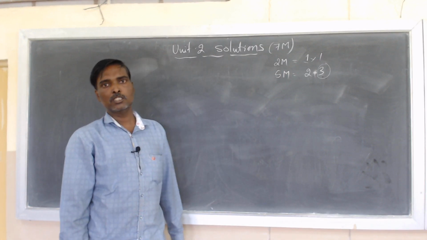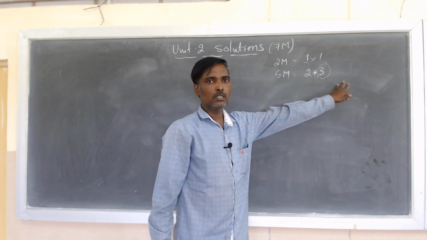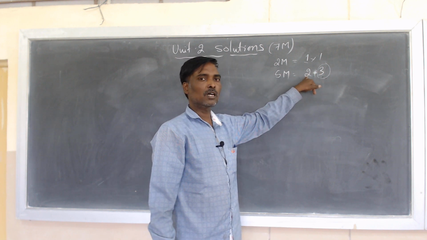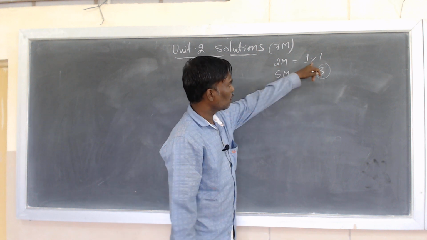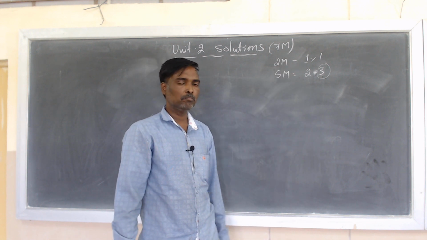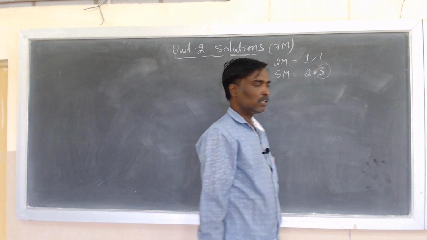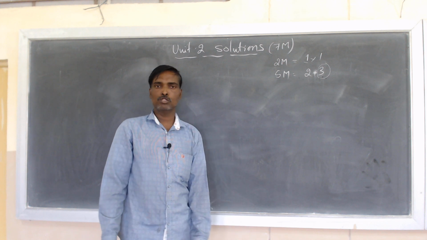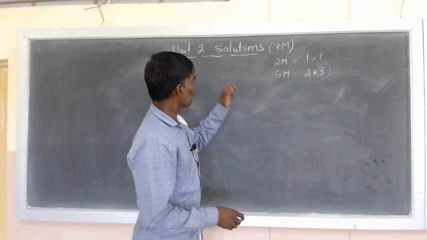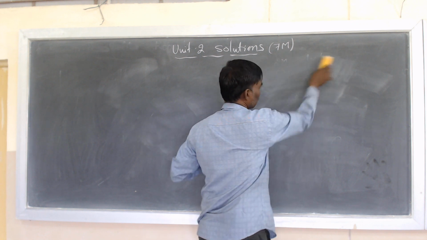Like in solid state, the 3 marks are for packing efficiency. Here, 3 marks for one numerical problem, 2 marks on another concept in solutions, and 1 mark for 2 questions. So you have to practice the 1-mark questions. You cannot skip this chapter because there are 2 questions of 1 mark. If you want to score 100 out of 100, you have to attempt all the questions from 1 mark. So you have to give more stress on 1-mark questions as well as on numericals in this chapter.